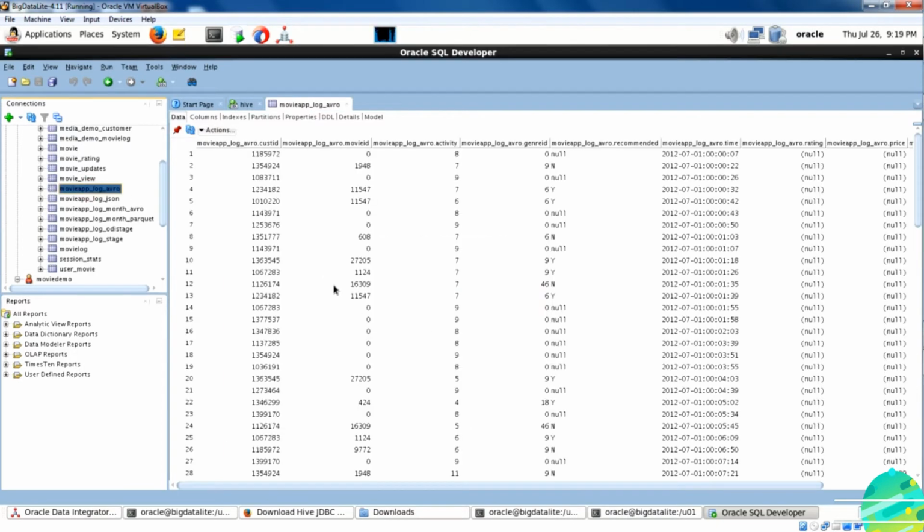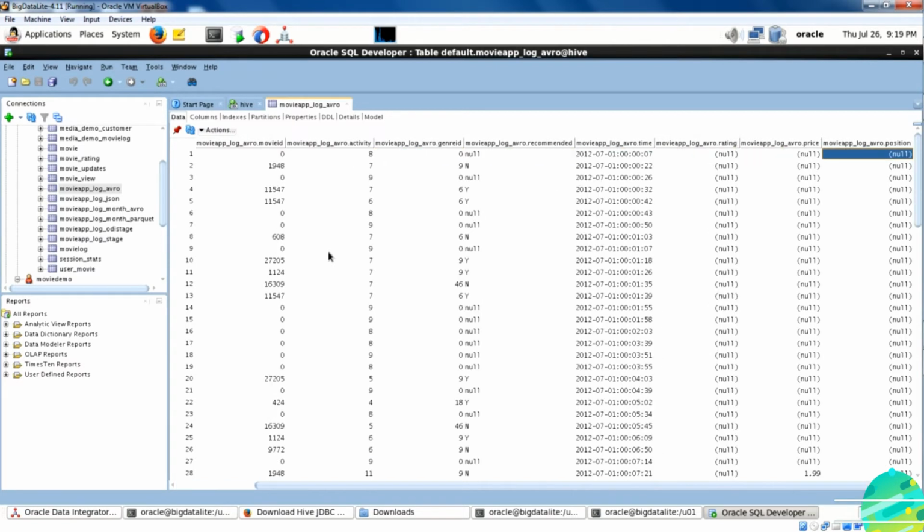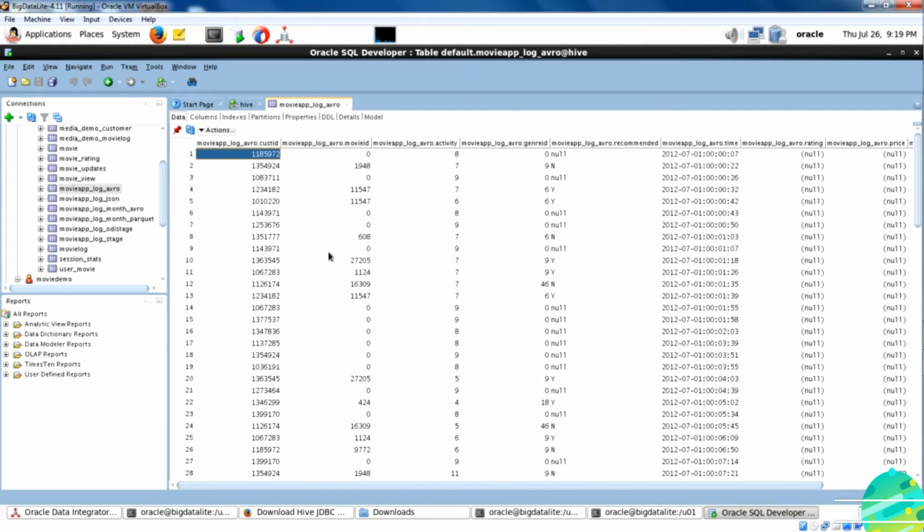The next table is movie log AVRO. Study this table. So movie and movie log AVRO are going to be your sources. Using those 2 tables you are going to calculate average movie rating, and then you will populate the movie rating table.